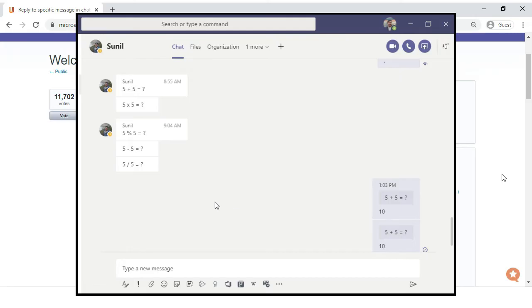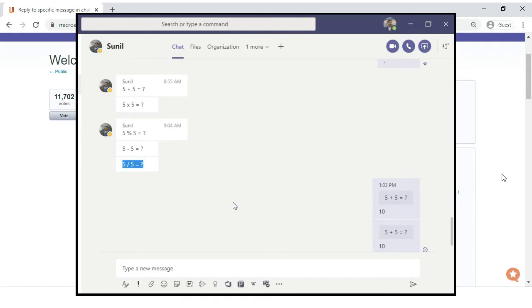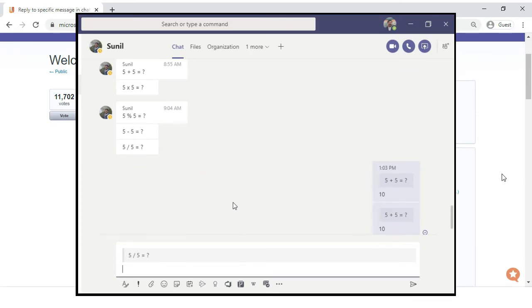Let's get started. This is similar to the manual step I did earlier. So just I need to select the message that I want to reply and triple click the message. So it will select either the entire line or paragraph or a word according to that message. And once after I press Ctrl+T, all the steps that I have shown earlier, like copying that line, bringing the text cursor to the response text box, and typing the greater than symbol, everything happens behind the scene. I don't need to worry about anything.